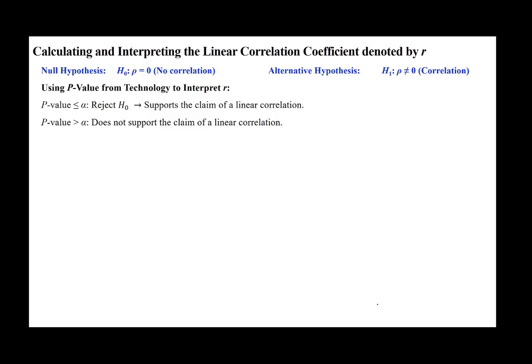Now, you all remember the concept as far as the p-value goes, because most of the time this is done by technology, and the technology gives you the p-value. In which case, when p-value is less than or equal to alpha, you reject H0, which means what? H1 wins in essence, which means there is a correlation. And if p-value is larger than alpha, do not reject H0, or fail to reject H0, then there is no